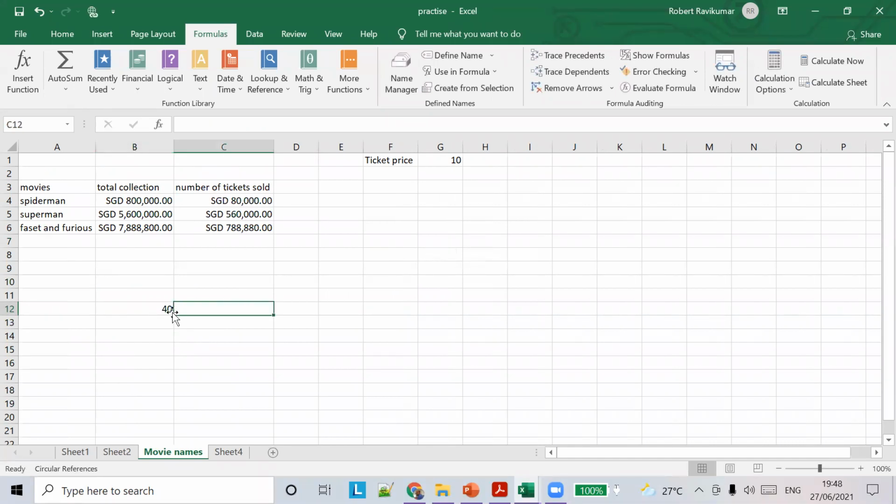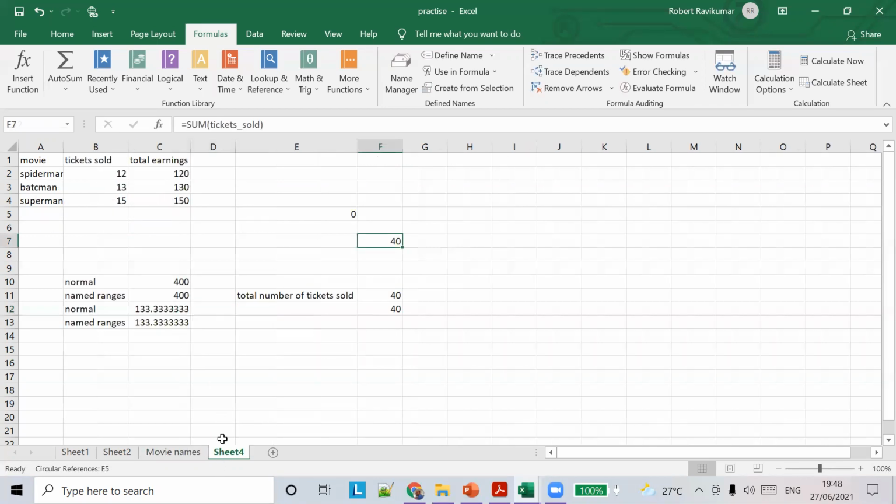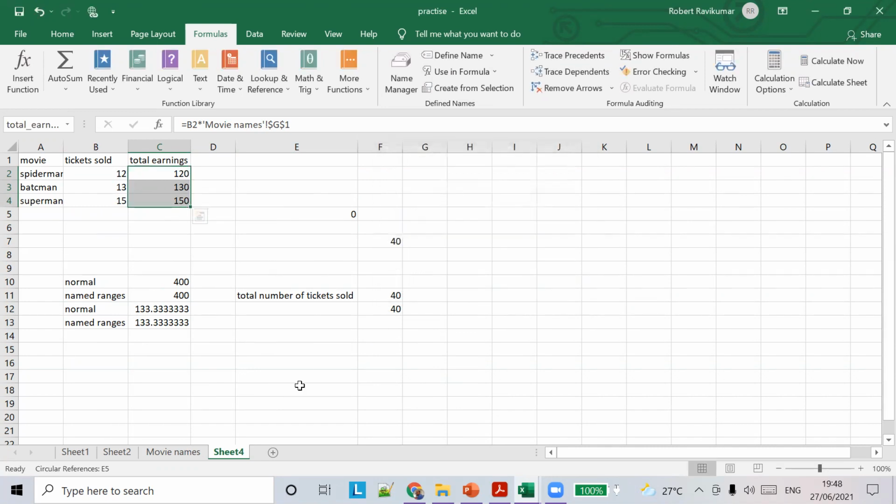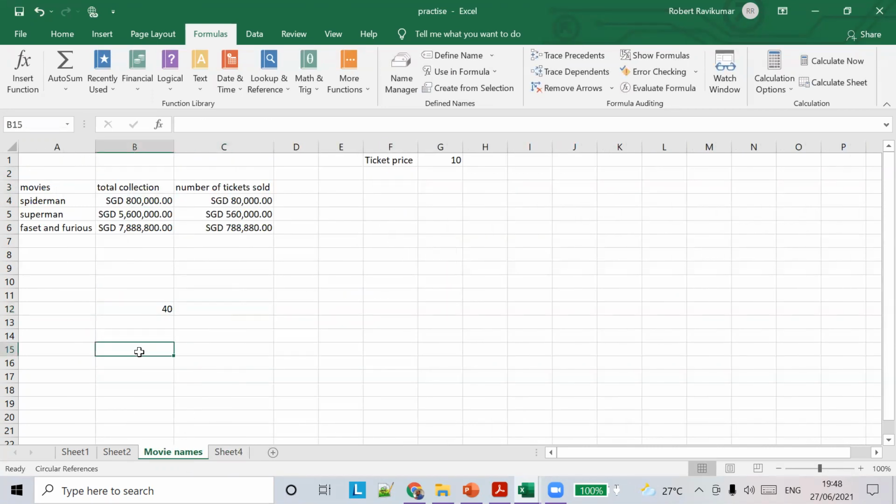The ticket sold name range applies here also, because when we created the name range, we gave the sheet names and all these things too.